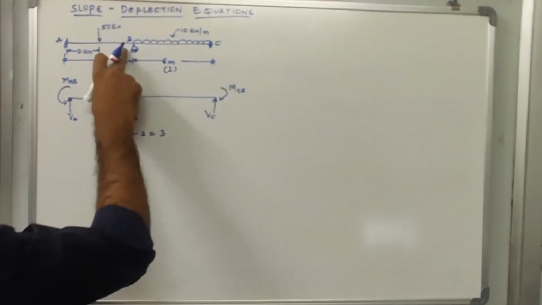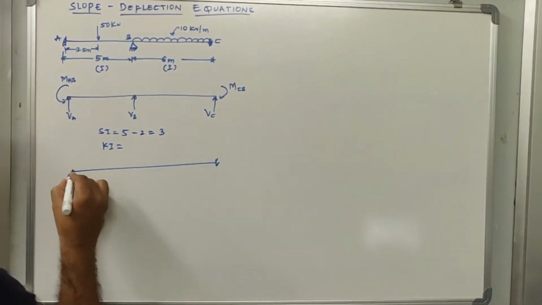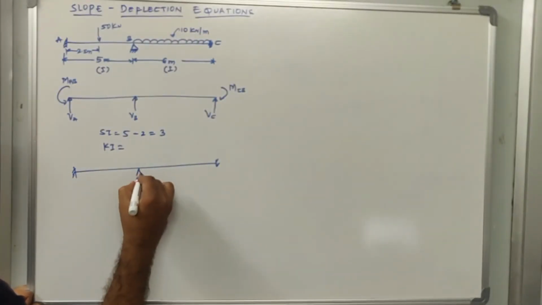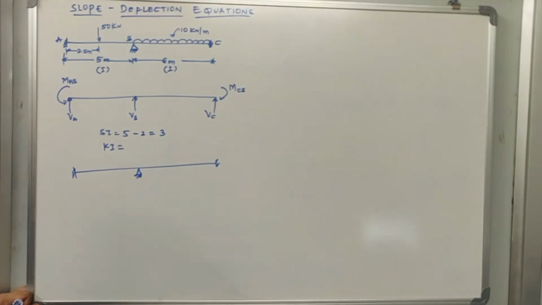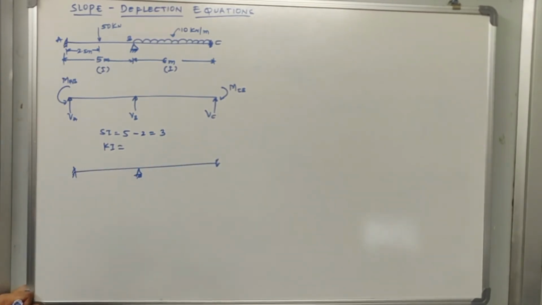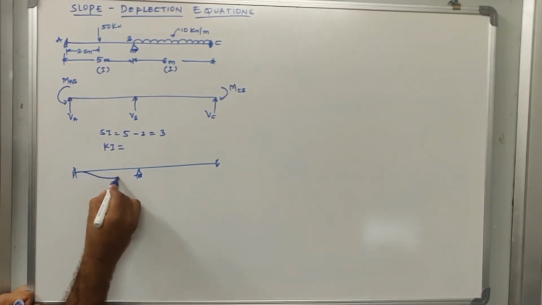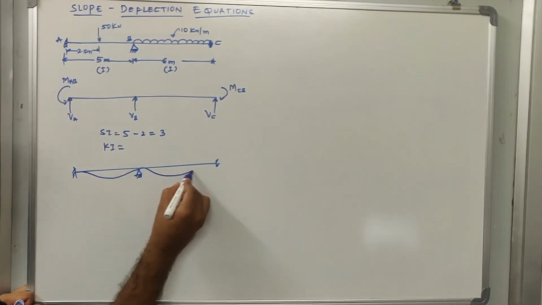But at B joint, okay, I'll draw this B joint, and we will try to understand the elastic curve. Okay, so let us draw the elastic curve. I hope you all remember what elastic curve is. Elastic curve means what? Though these elements are rigid in nature, okay, we are assuming them to be elastic. If they were elastic, we will try to understand what the behavior of the structure would be. Okay, right. So if it was an elastic member, it would have been like this, right?